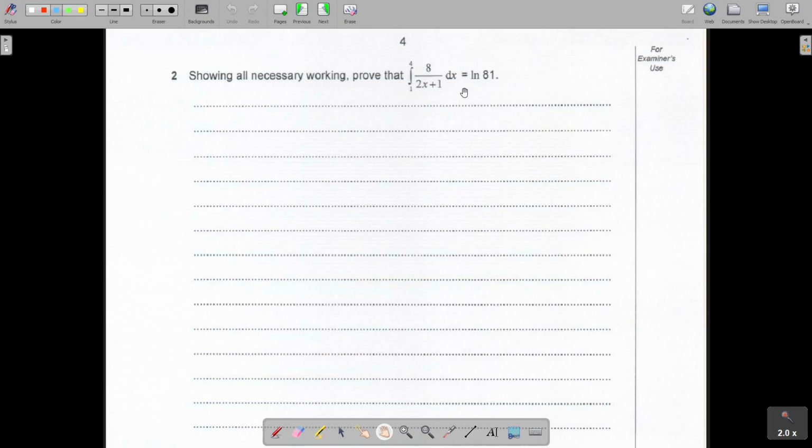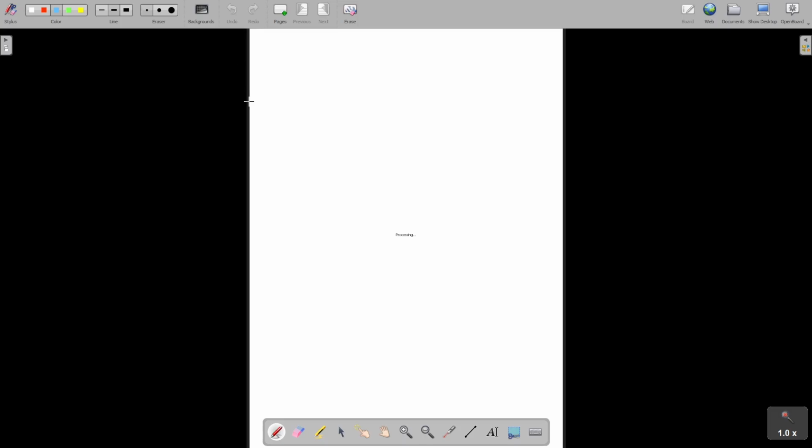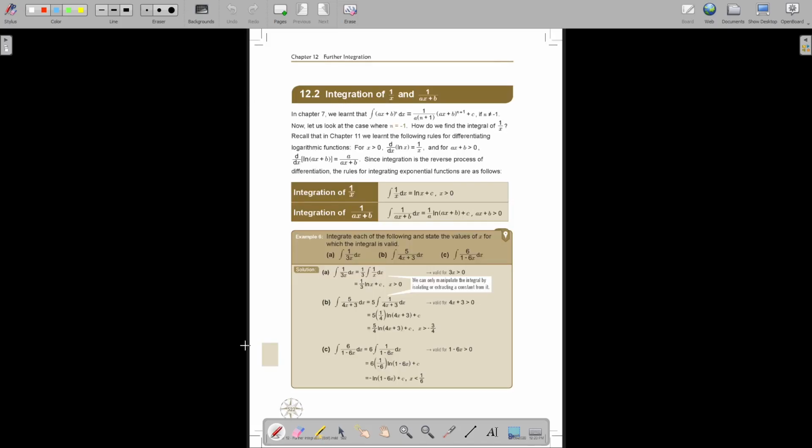Now, I'm going to take you first to the textbook, because I think you see the rule a little bit more clear there, and then I'll take you to the formula sheet also, because make sure you know the rules. This is just straightforward integration. So let me first take you to the textbook. As I said, this was in the textbook. It's further integration, and you will find the formula on page 522.